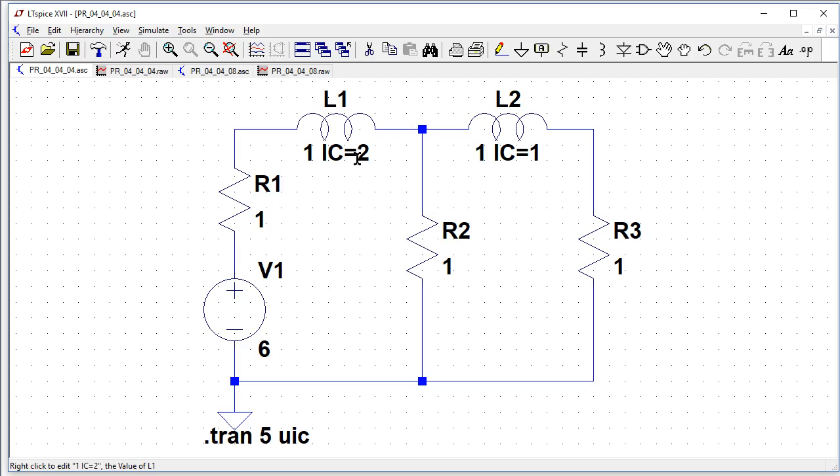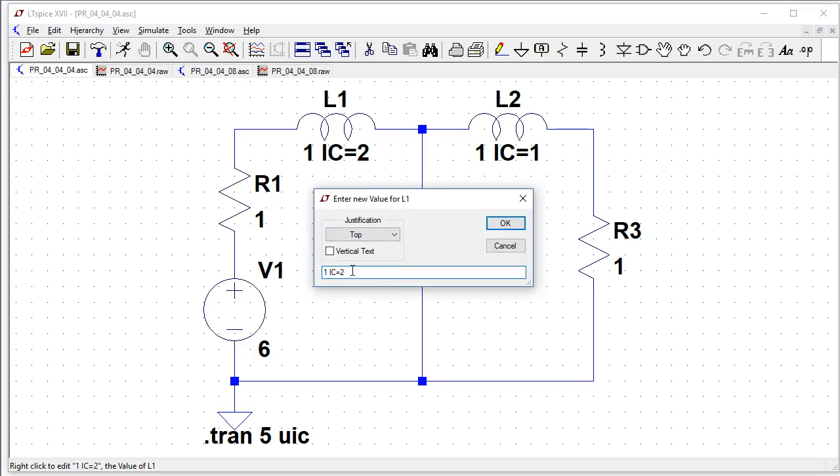Something to note here that may be a little different from your use of LTspice in the past, is that I specify the initial conditions here on my inductor currents as being 2 amps and 1 amp, and this is how I do that. I can edit the actual value of inductance, and then after the inductance value include the initial condition IC equal to 2 amps,